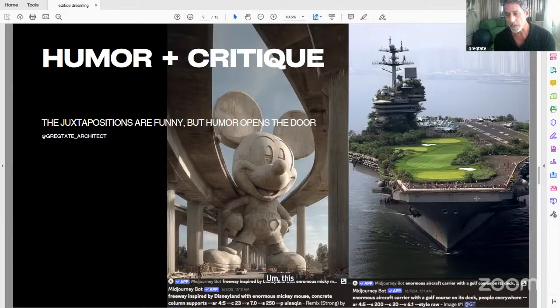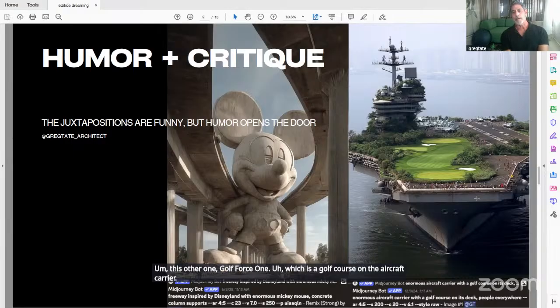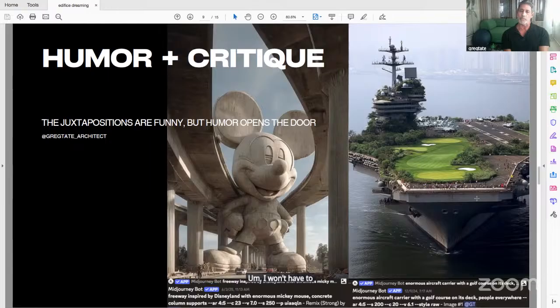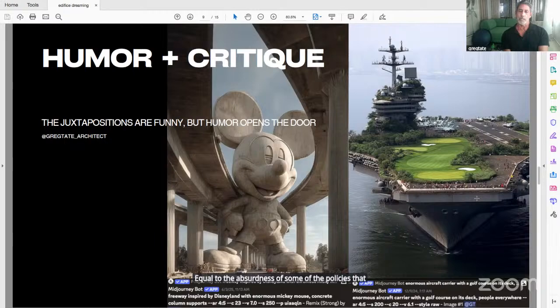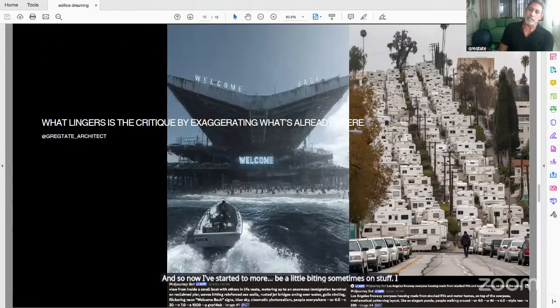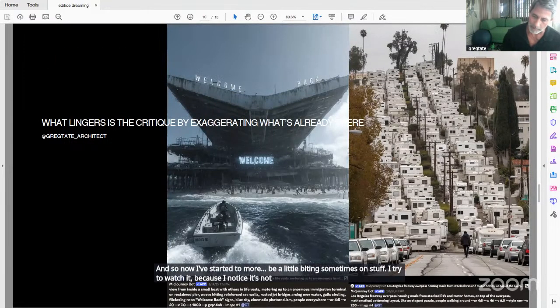This other one, Golf Force One, which is a golf course on an aircraft carrier. I won't have to explain that too much, I hope, but the absurdness of this image is equal to the absurdness of some of the policies that it represents. And so now I've started to be a little biting sometimes. I try to watch it because I notice it's not super popular on Instagram.